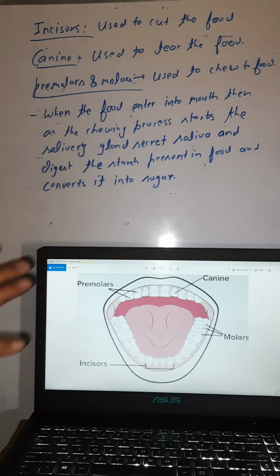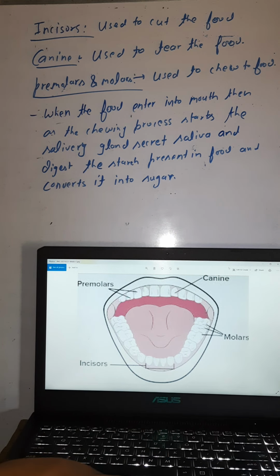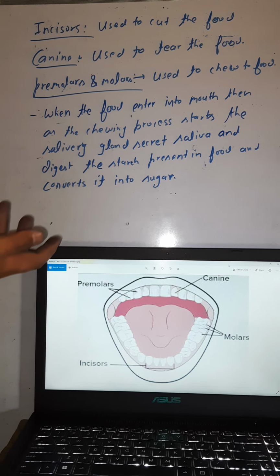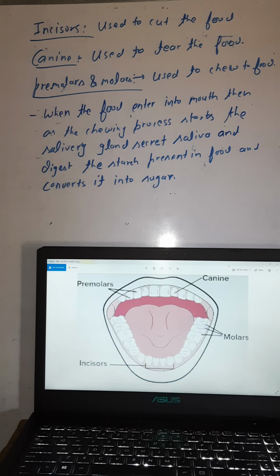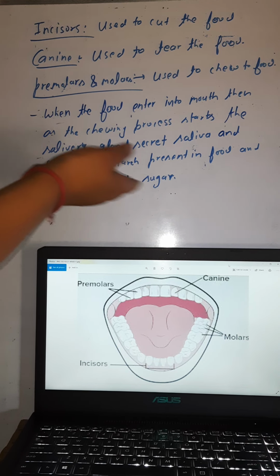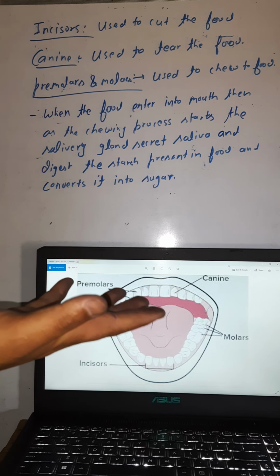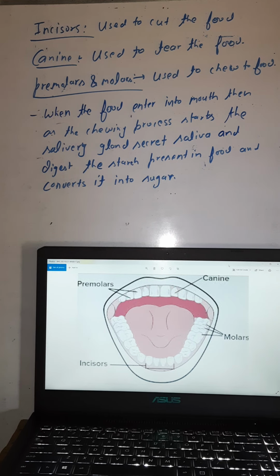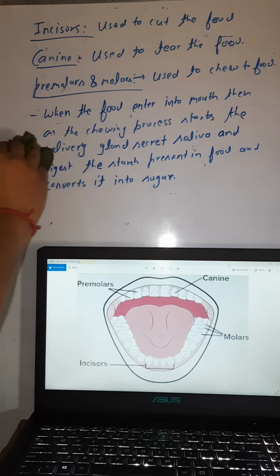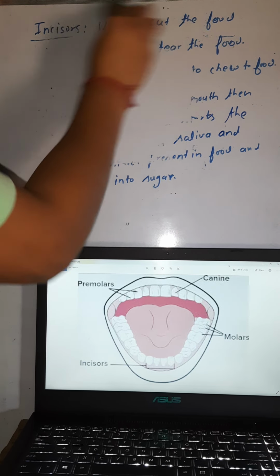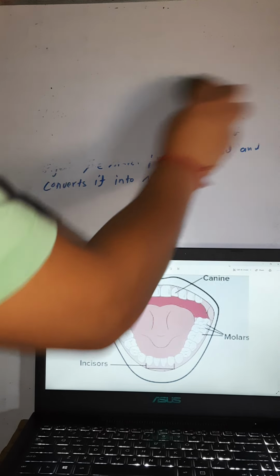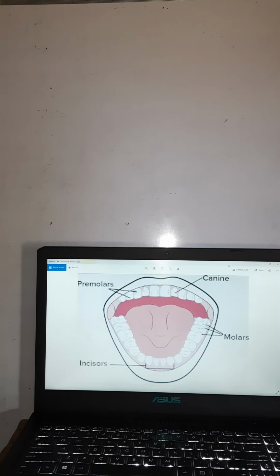Is it clear to you? Now how would you test that? How would you say that yes, starch has been digested? Someone can ask you, how do you say that the starch has been digested into sugar? Show me the proof. So let me show you a proof here. Let me erase this and show you the test